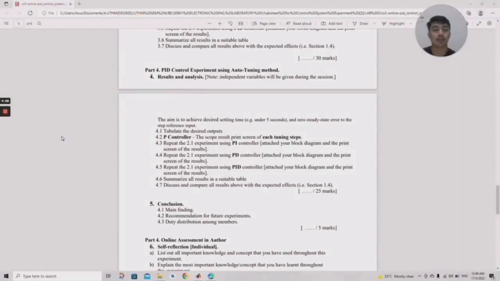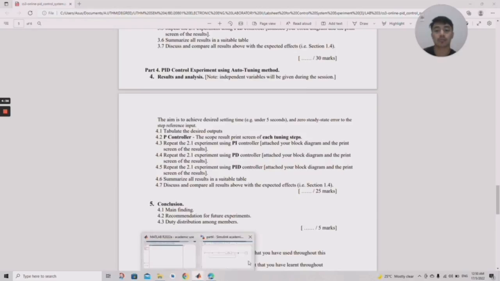My name is Eliwan Aminon with matrix number CE20162, and now I want to continue our presentation with part 4, which is the PID controller experiment using the auto-tuning method. In this part, I will conduct this experiment by using a PD controller. So we go to our